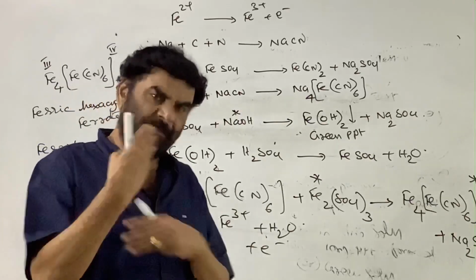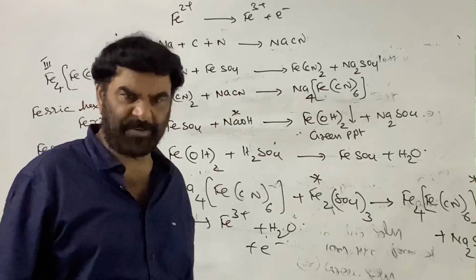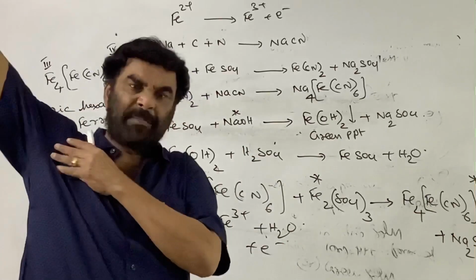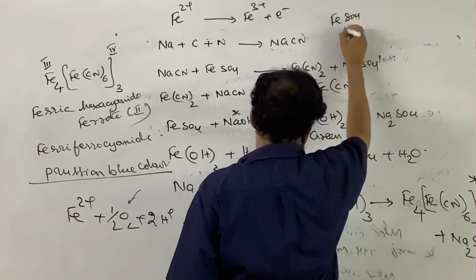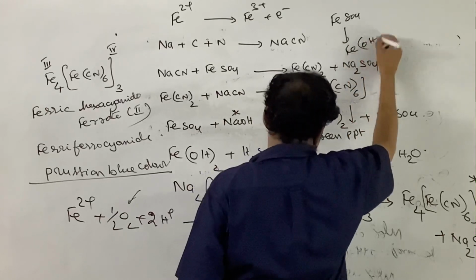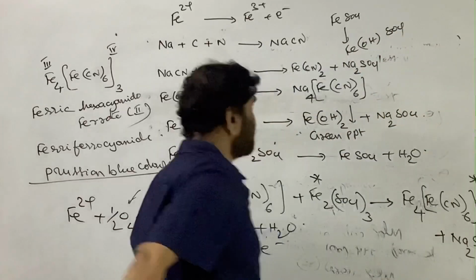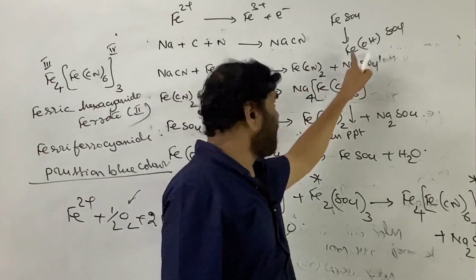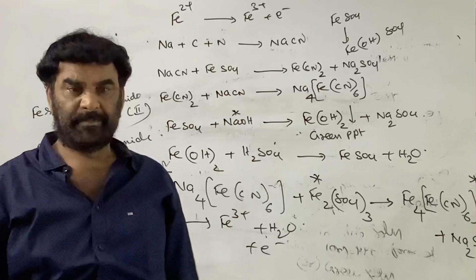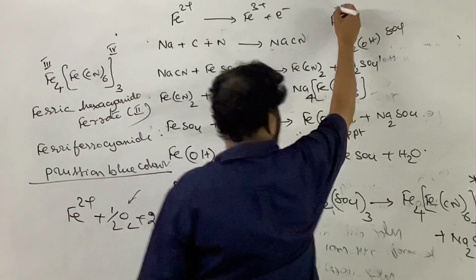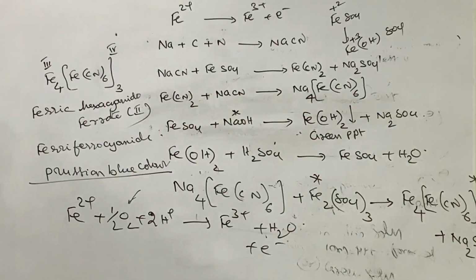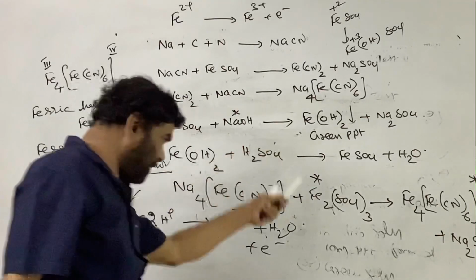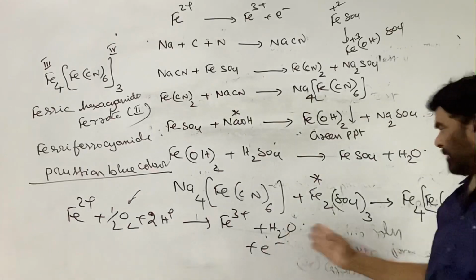That's why ferrous sulfate must be used immediately; freshly prepared ferrous sulfate must be used. Otherwise, with time, a brown precipitate forms: ferrous sulfate reacting with the water is converted into Fe(OH)SO4, basic ferric sulfate, hydroxy ferric sulfate. That is +2 iron, and this is +3 iron. So you need not struggle to convert the ferrous ion into the ferric ion. That is automatically converting.